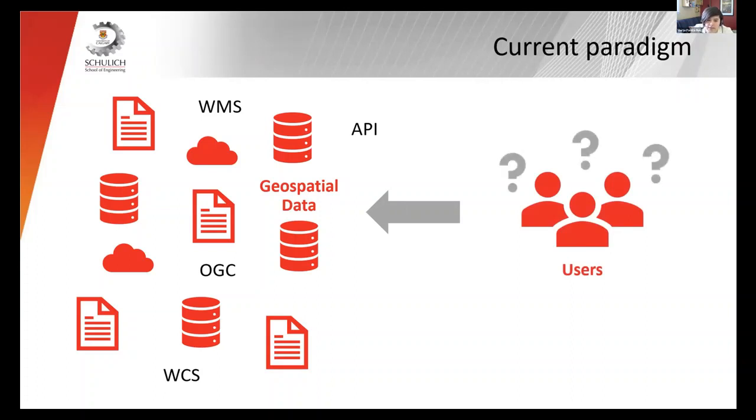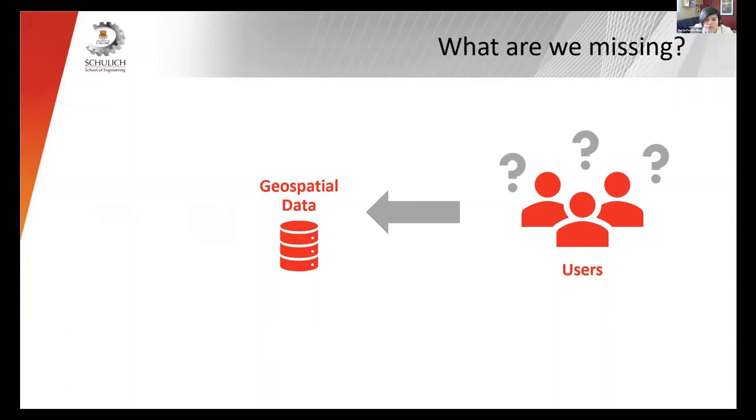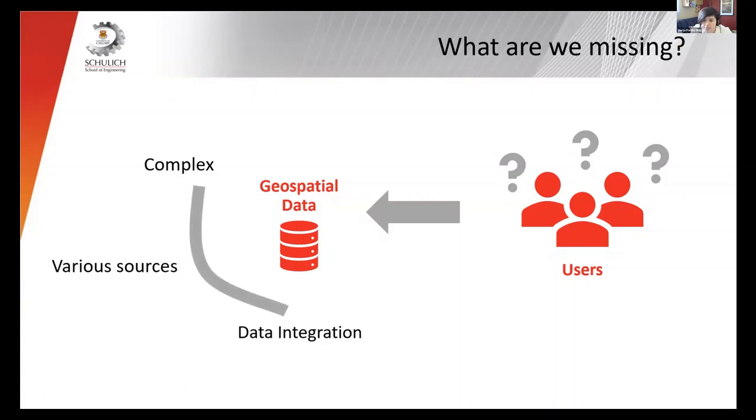However, there is still an evident gap for end users seeking geographic knowledge to make better use of the data and get meaningful information from it. So clearly, open access to the data is not enough. Geographic data is very complex, comes from various sources, and combining different data sets has always been a challenge in geospatial. So end users still require intermediate assistance by GIS experts to be able to combine and analyze the data they have access to.